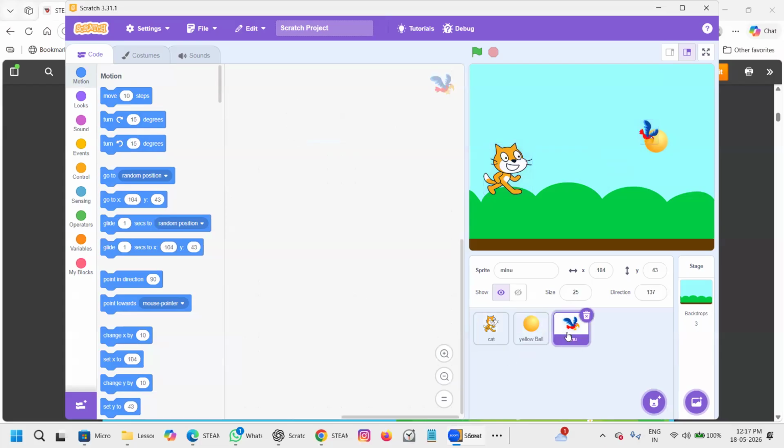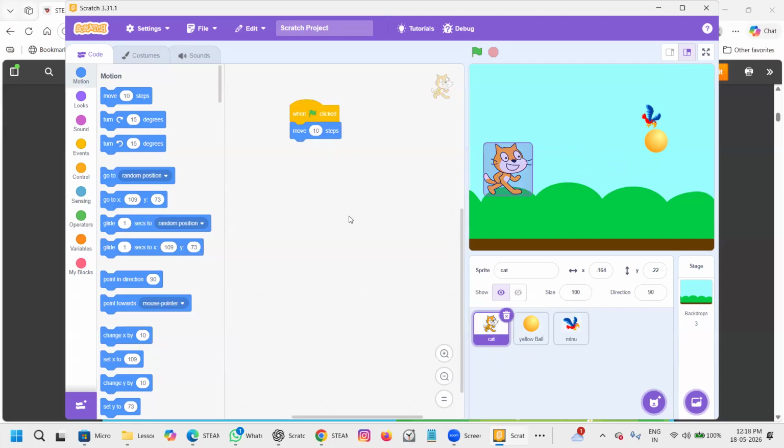See, when I go to the next, the block coding that I put, you will not be able to see, because I am using the parrot, the menu. So it is showing me the menu over here. So I go back to the cat and then you can see the code over here again. And when I click on the flag, green color here or here, whichever place you click, it is moving. Can you see it's moving? Yes, it is moving.